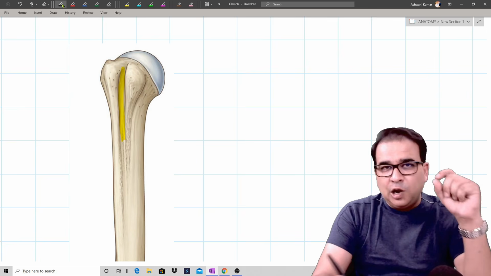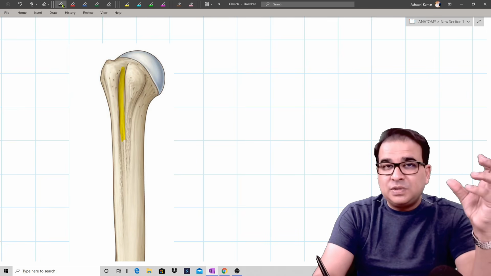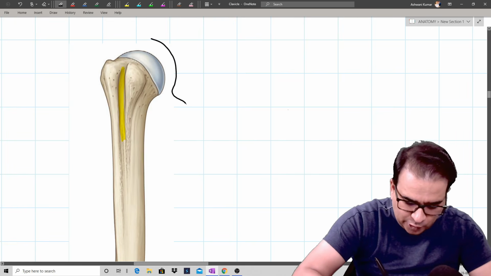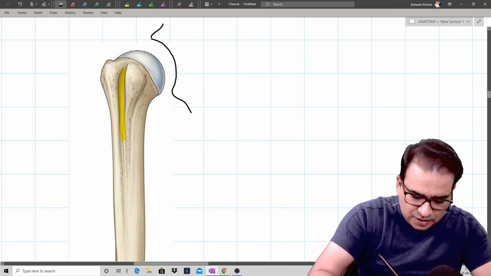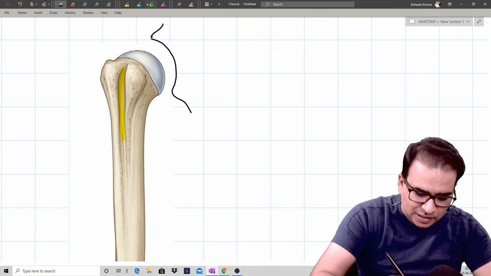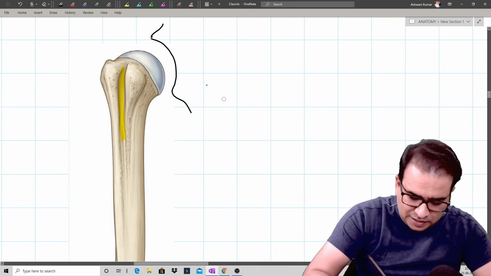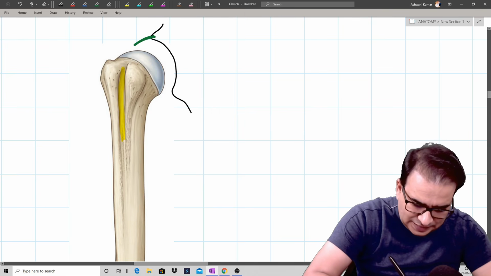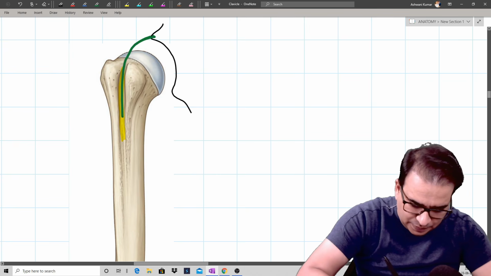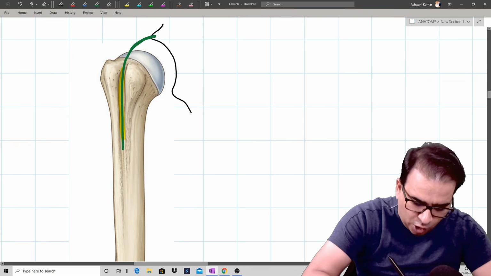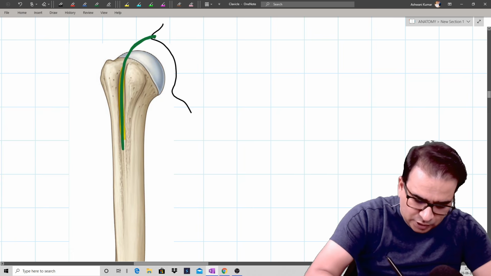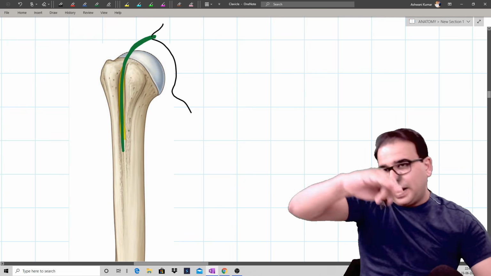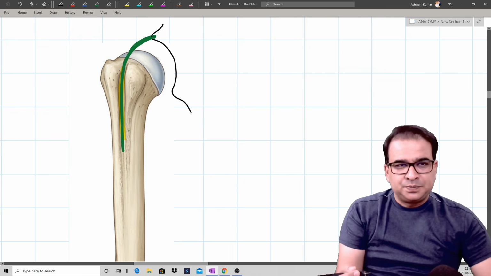Now, if you remember the long head of biceps, which was originating from the supraglenoid tubercle. Just for your sake, if I draw this glenoid cavity here, this is the supraglenoid tubercle there. And this supraglenoid tubercle is giving origin to the long head of biceps, which is intracapsular. Then that head will go through this bicipital groove like this. That's the reason we call it bicipital groove, because the long head of biceps is actually passing through it. Short head will come straight. Long head is the one which has to go toward the lateral side.